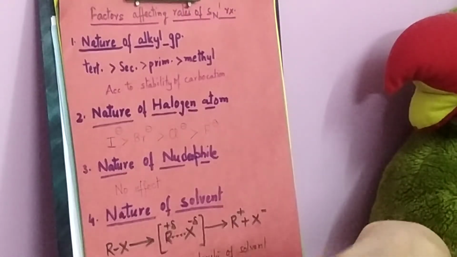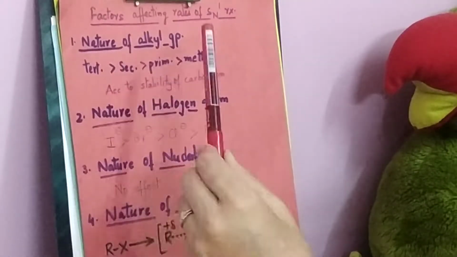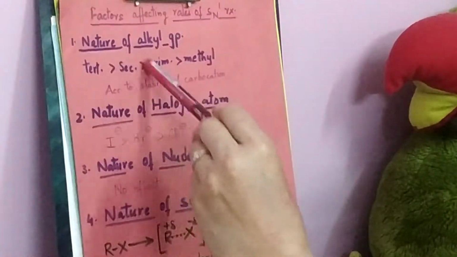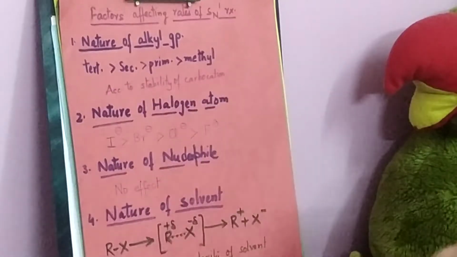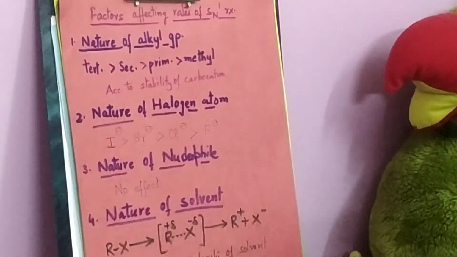because you already know that if I take a tertiary alkyl halide, the intermediate carbocation will be of tertiary type. With a secondary alkyl halide, it will be a secondary type of carbocation, and so on. And you know that carbocation stability will matter very much in the case of these reactions. The more stable the carbocation is, the more easily it will be formed, because it will have less activation energy, and therefore the reaction will be rapid, quick, fast, easy, and it will prefer to go by SN1 mechanism.